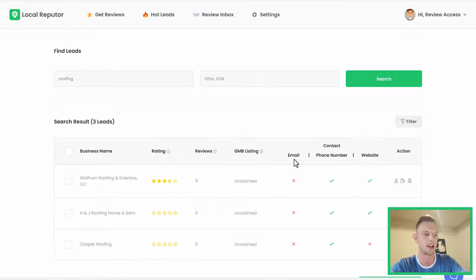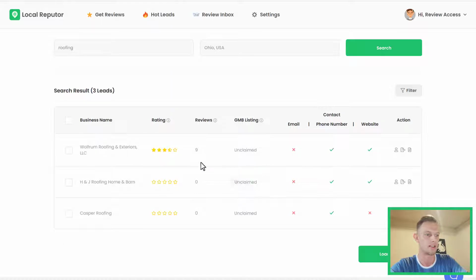just doing this right now, you can see here there's 3 businesses. The first one has a 3.5 review on Google My Business. That's not a lot, that's not too good. It should be more than 4 stars, and it's an unclaimed business, so that's a really low hanging fruit. Here's 2 other businesses that have no reviews. They're both unclaimed, which means they're not getting any traffic or any leads from Google My Business, which means that you can come in and help them to get more leads, more customers, and more traffic, which they will definitely